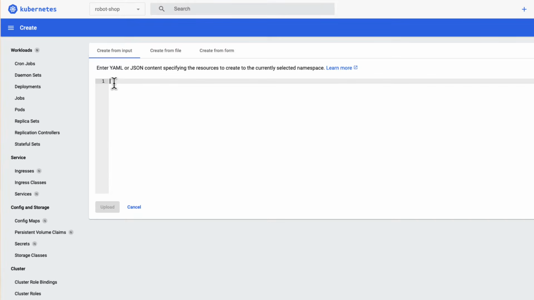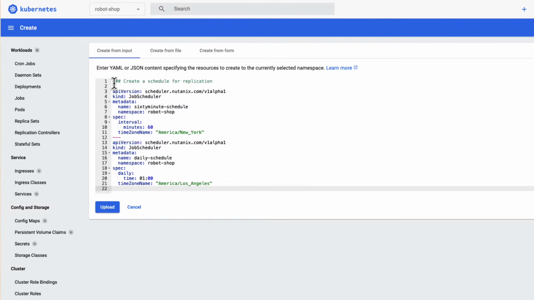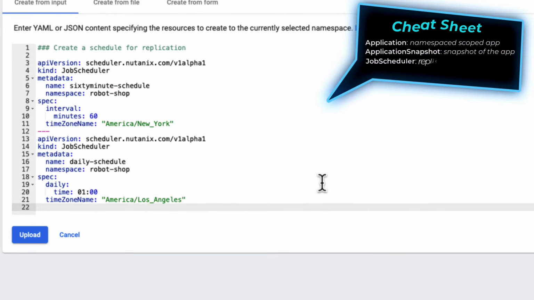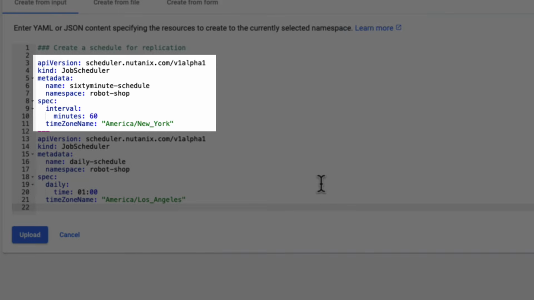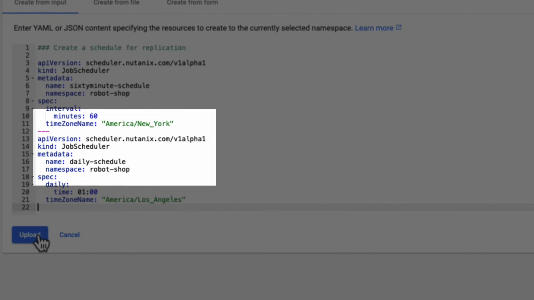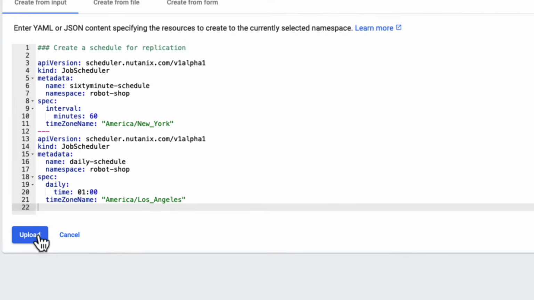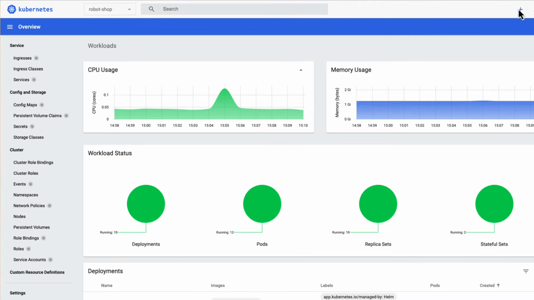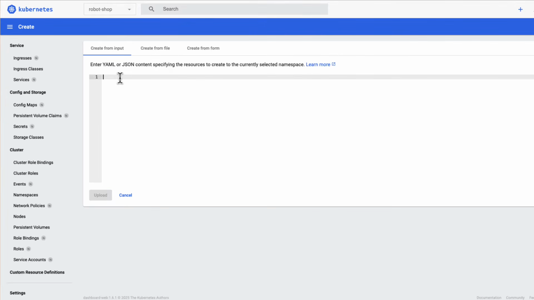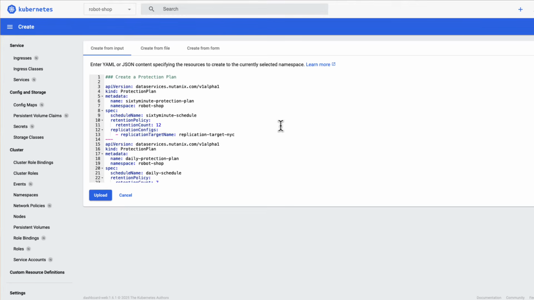John is back in the NKP console and the built-in Kubernetes dashboard. The first step really is in defining the schedules. There are two schedules here, a 60-minute RPO and a 24-hour RPO, with daily snapshots to be taken at 1 a.m. every day. With that in place, John has to create a protection plan, which is another custom resource introduced